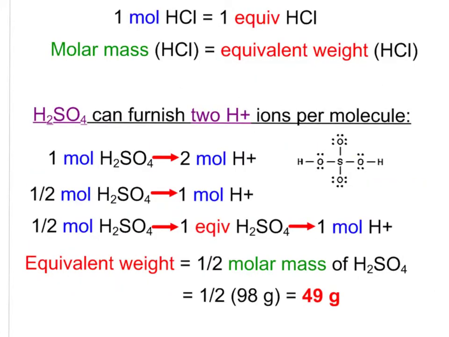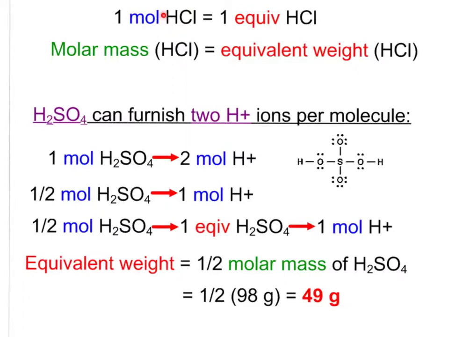So, knowing those definitions, we know that 1 mole of hydrochloric acid is equal to 1 equivalent of hydrochloric acid. And that is because 1 mole of hydrochloric acid can provide 1 mole of hydrogen ions, right? When hydrochloric acid dissociates in water, it produces 1 hydrogen ion and 1 chloride ion. So 1 mole of hydrochloric acid, that one's really easy, equals 1 equivalent of hydrochloric acid, because hydrochloric acid provides